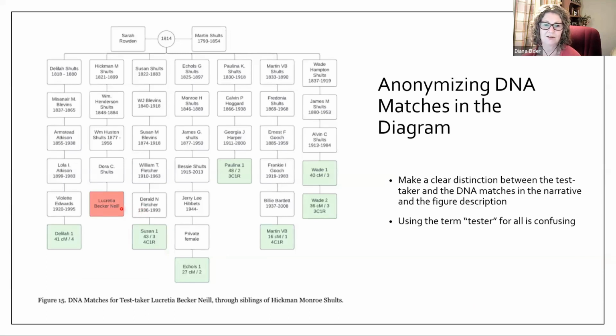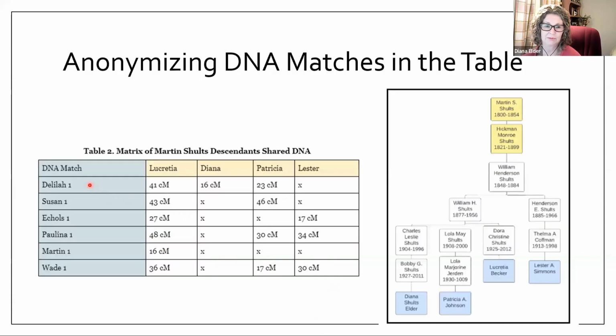So something that I also did was to put all of these people into a table, a matrix table. So you can see here are the different DNA matches. There's Delilah, Susan, Eccles, Paulina. These are all the people I showed you were DNA matches to Lucretia, and I put in how much they shared with Lucretia. But then I also wanted to compare against my other test takers, who were Patricia, Lester, and